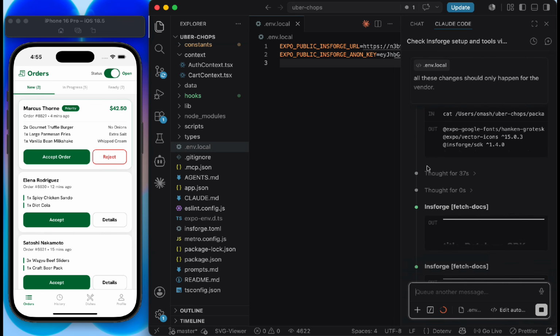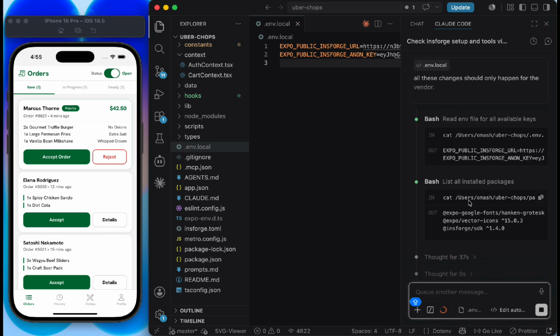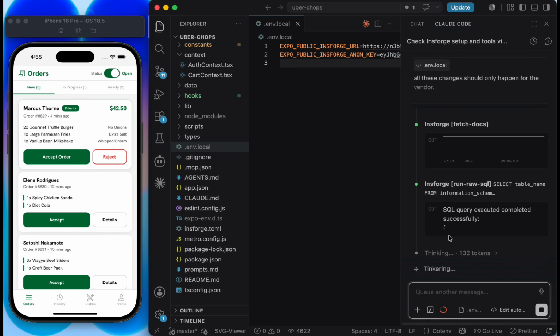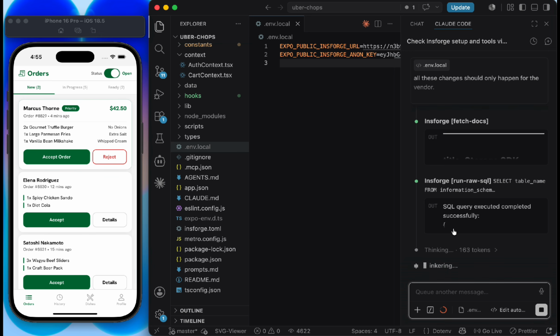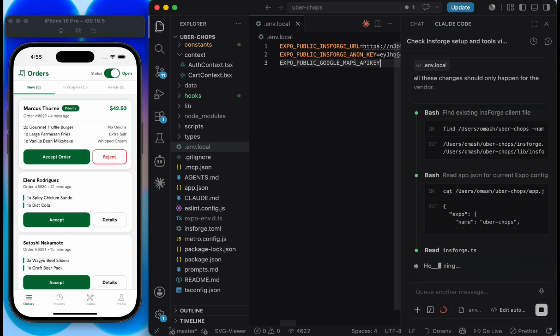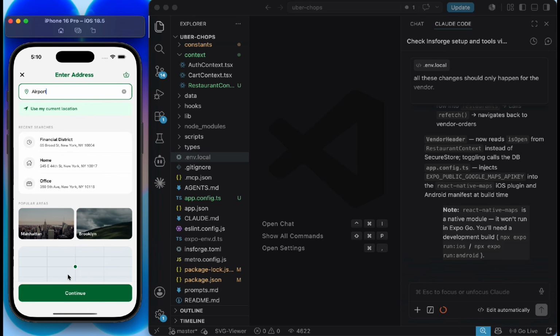So you can see Inforge just working on everything for me, listing all packages, fetching from the documentation, reading the documentation, and using it to write SQL commands to create the table. This is just wonderful. So right now, let me save the Google Maps API key. So our AI says it's done right now. So let's try to